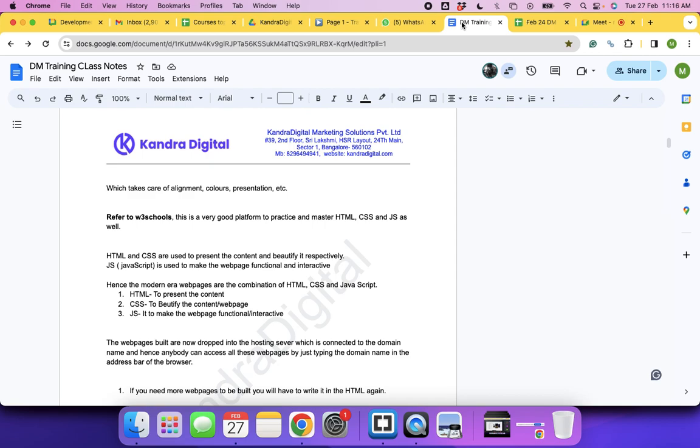If you are selling things, that becomes sales. What is marketing? The best way to sell a product. Marketing is simple. Marketing is building visibility for your product or service. That is marketing. And now, in order to build this visibility for your product or service, you do n number